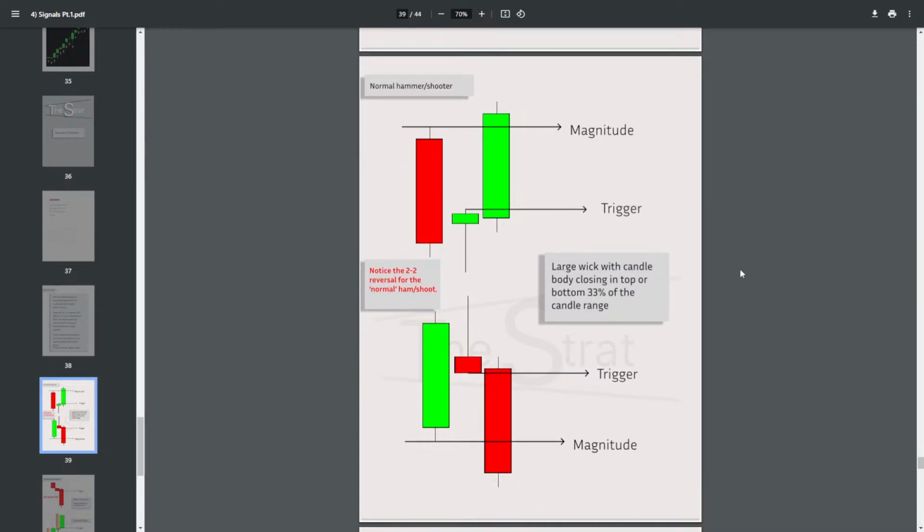So first, the normal hammer and shooter. You're going to notice it's the same. It's a 2 down, 2 up reversal here. What's important is that we have a hammer signal. And a hammer is defined as a long lower wick with the body closing in the top 33%. So if we separated this into 3 sections, the top 33% of that candle is where the body opens and